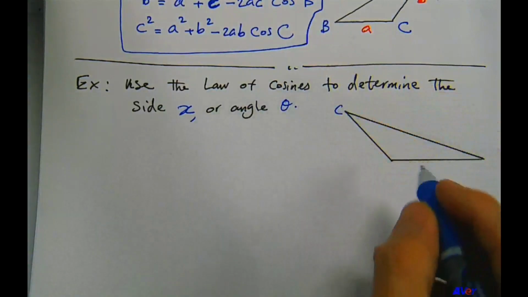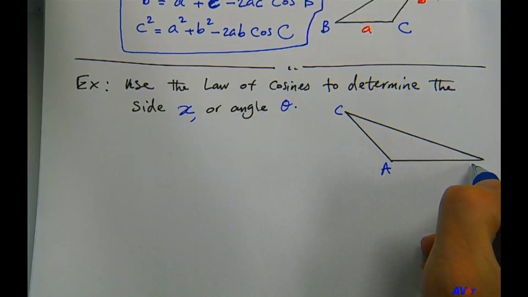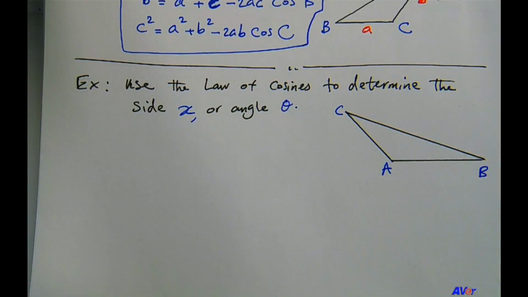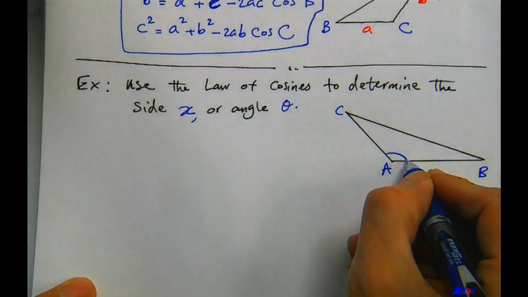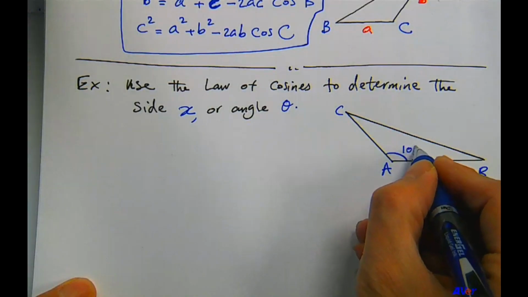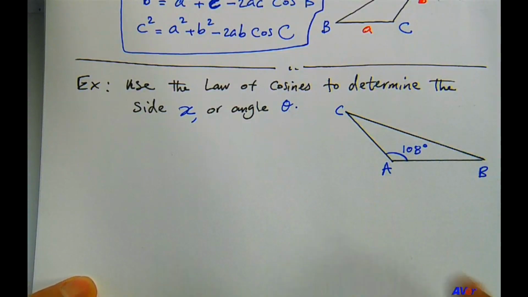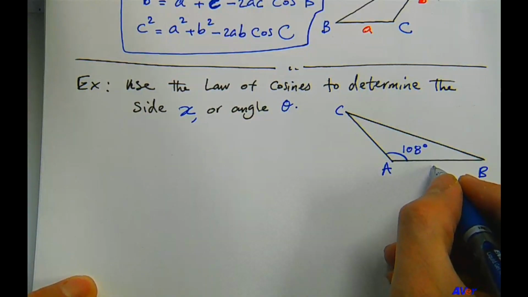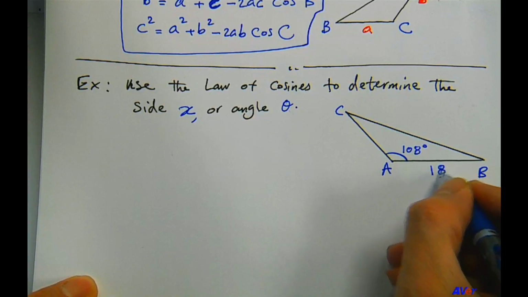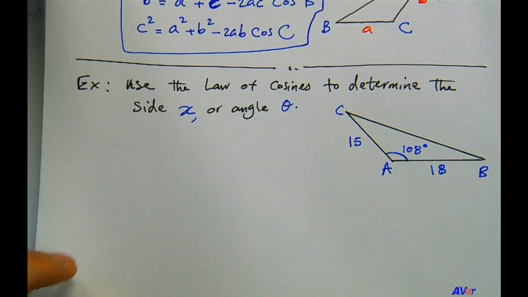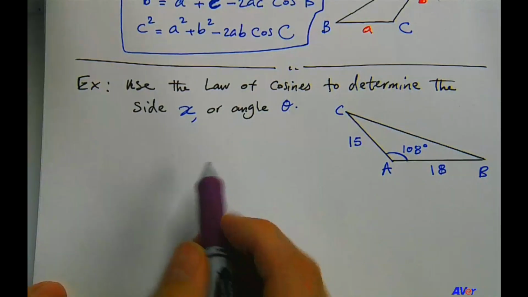That's angle C, angle A, angle B. We know that angle A, we are given that as 108 degrees. We also know that the measure of this side, AB, is 18, and this measure is 15, and we are asked to find